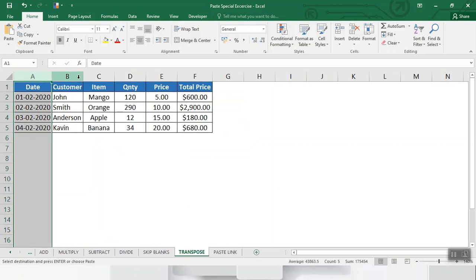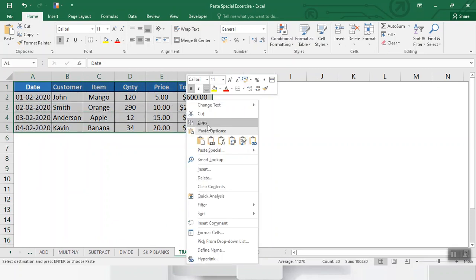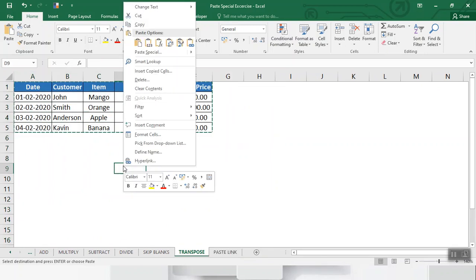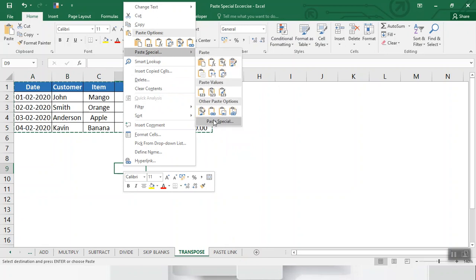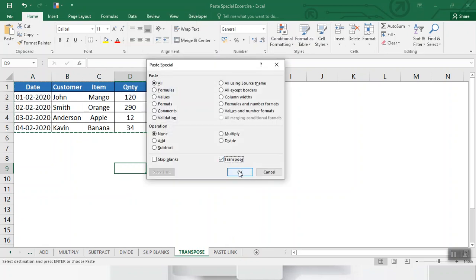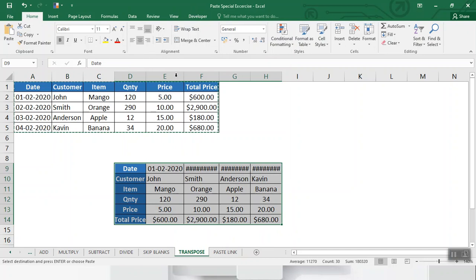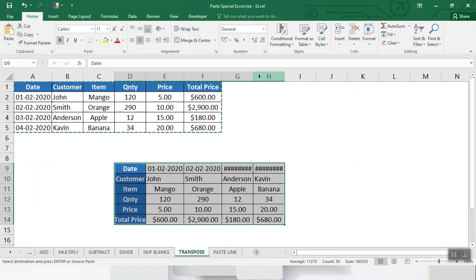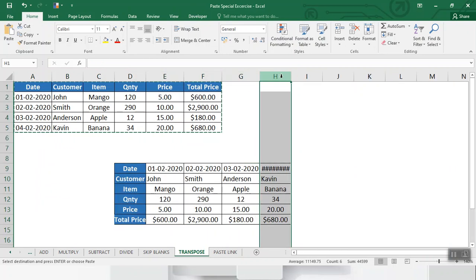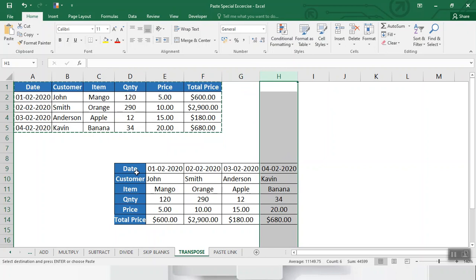How to transpose this? You can copy, right click, go to paste special option, and then transpose. Here is a transpose with formatting. You can take formats or you can take formulas and you can take all.